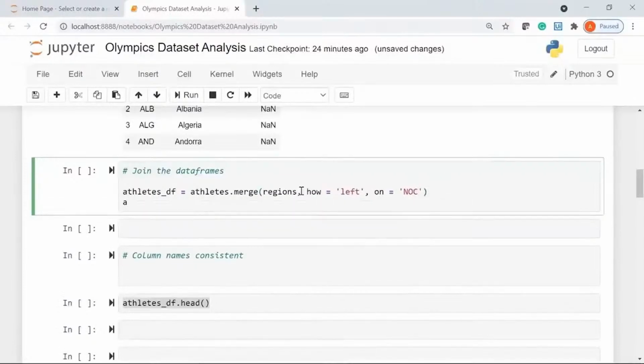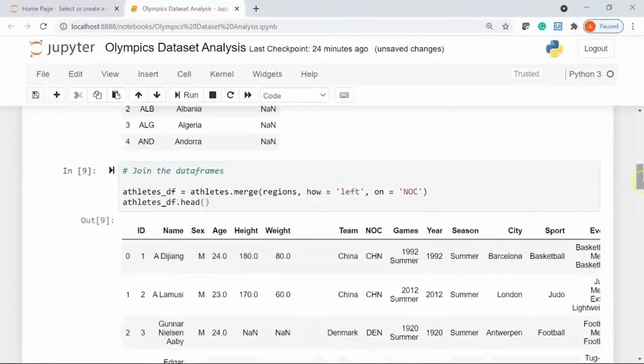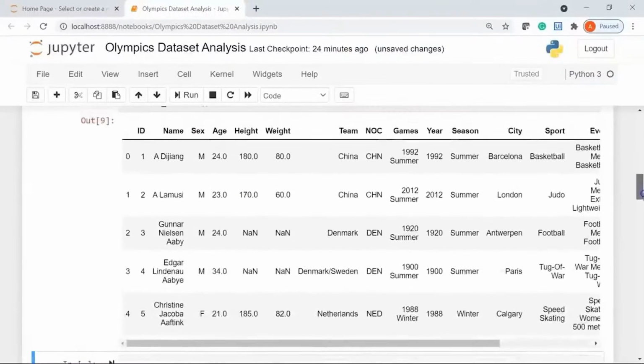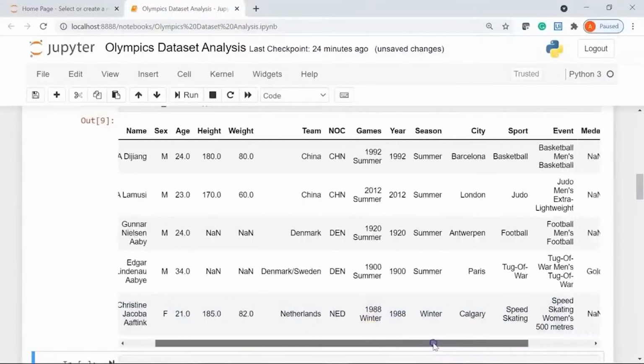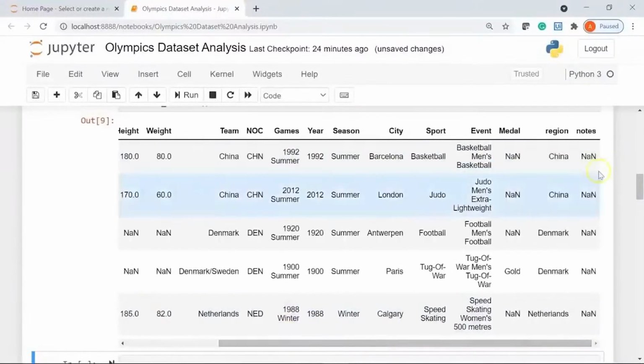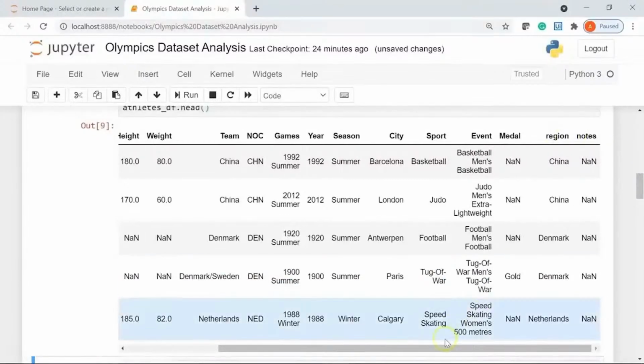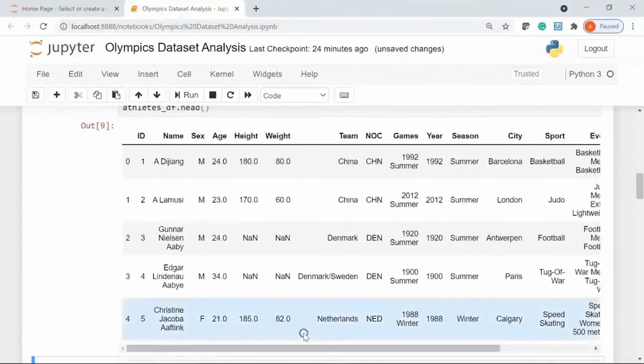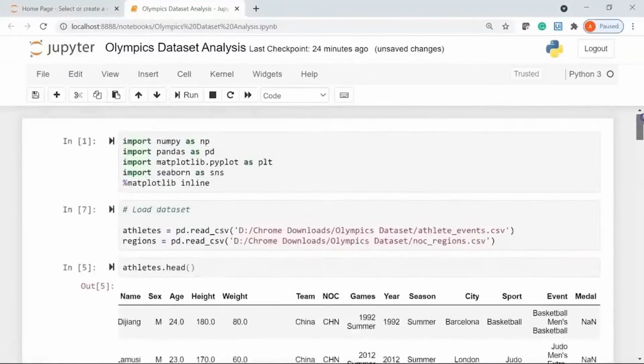Now let's go ahead and print the merged data frame. I'll say athletes_df.head. Let's run it. There you go. So if you see clearly, if I move to the right, you can see here we have added 2 more columns that were present in the second dataset, which was regions. So we have regions and notes added to my first dataset, that is athletes_